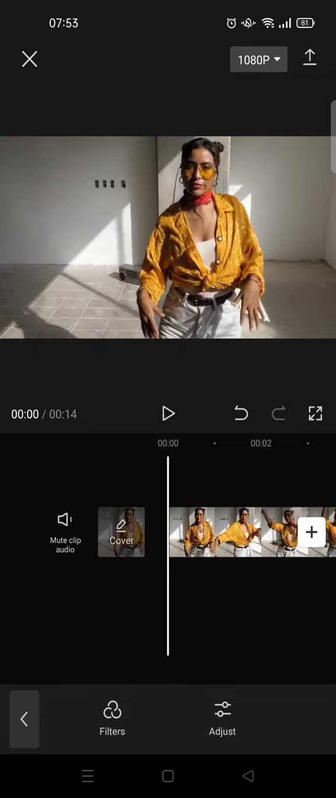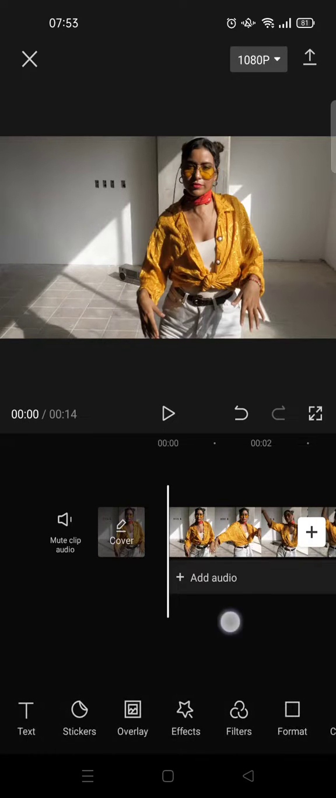So today I would like to show you a tutorial on how to do a soft static edit on CapCut. You can do this edit to a photo or video, and the first step that you need to do is